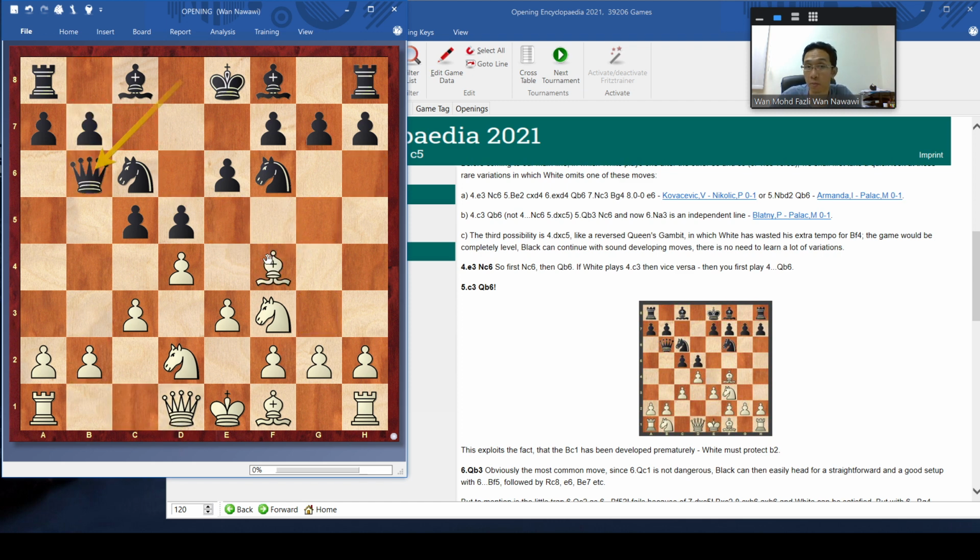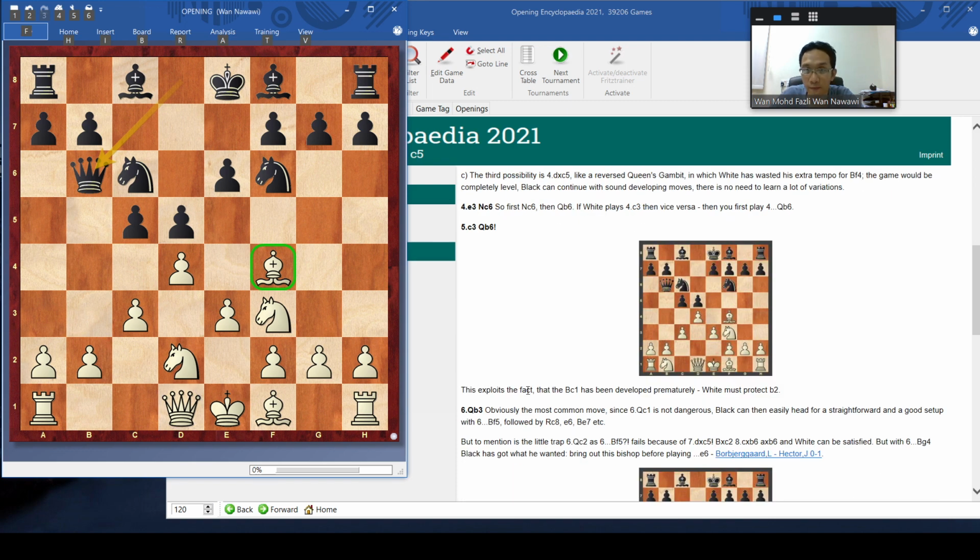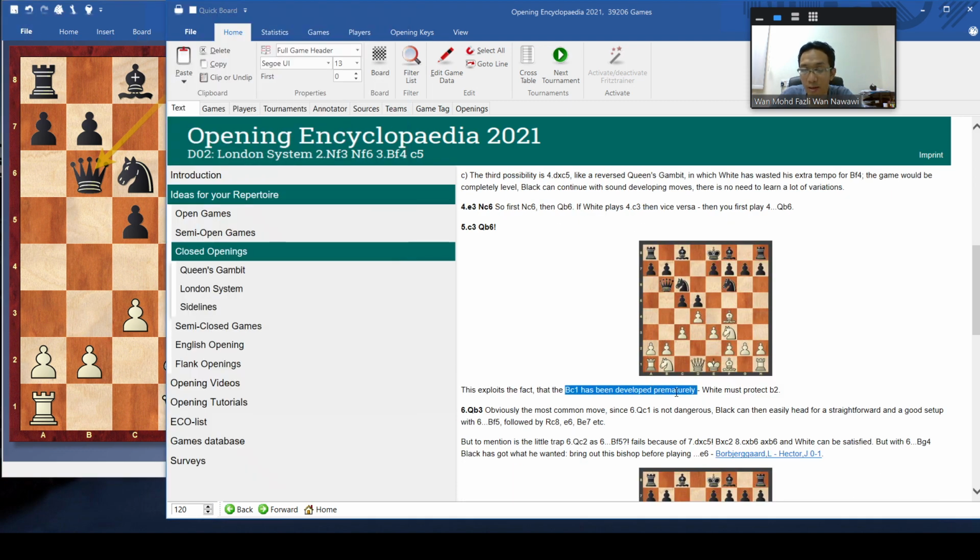But because the bishop is now already at f4 here, it's quite principled for you to move the queen here in order to attack this pawn. Okay, so if you look here, this exploits the fact that the bishop c1 has been developed prematurely.